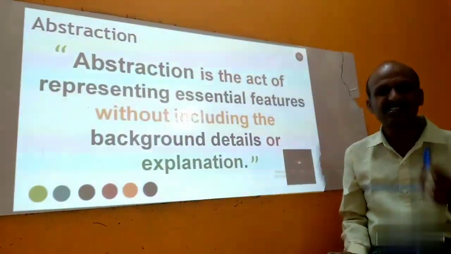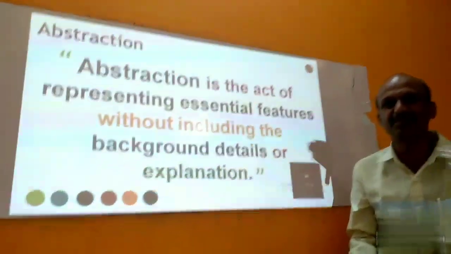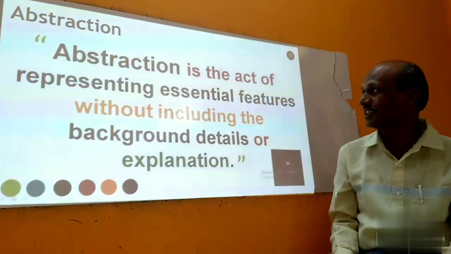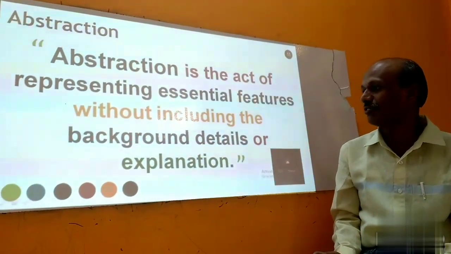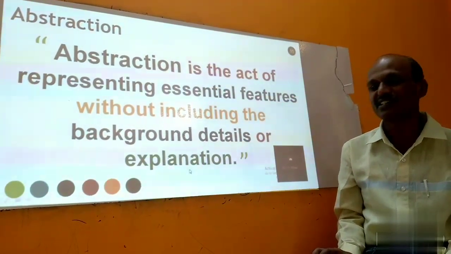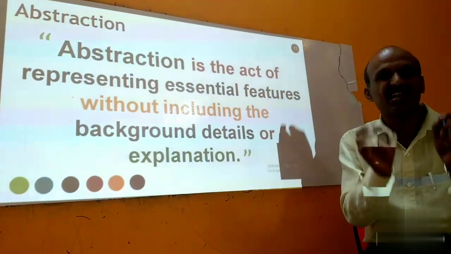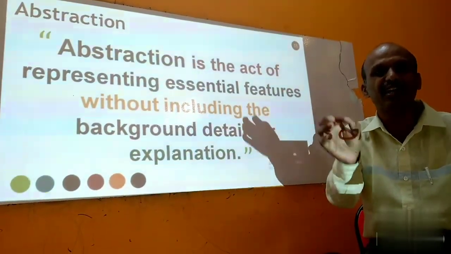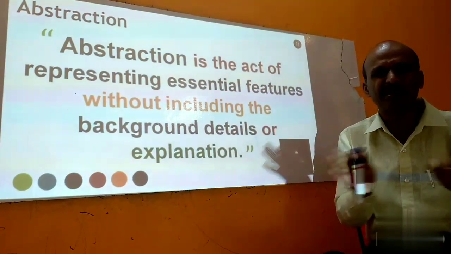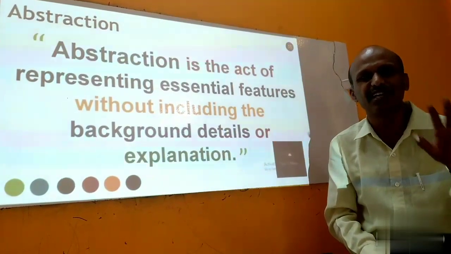So concepts are sometimes abstractions. This is called abstraction. We can't tangibly define it. Abstraction is an act of representing essential features without including the background details or explanation. For example, mammal. What is the important thing? Mammals are those animals which give birth directly to their child. That's it. That is the important thing: mammals directly give birth to their children,